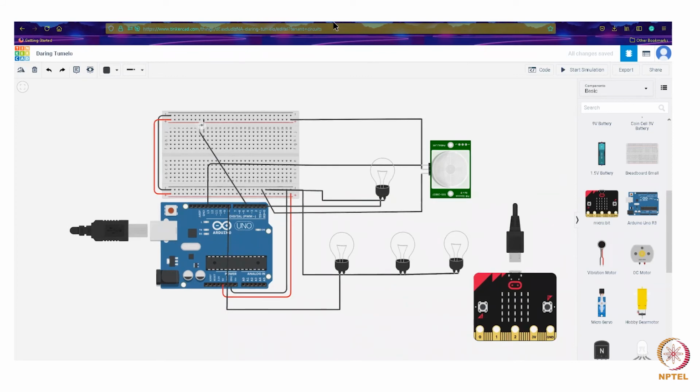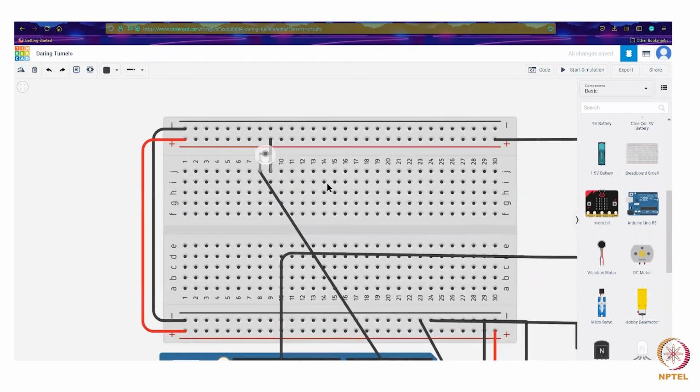Sir, could you please explain the ambient sensor once again? Yeah. I think you should be familiar with a basic transistor. The transistor has three parts: the emitter, base, and the collector. In a general BJT transistor, when you give a certain threshold voltage to the base, depending on the input voltage, it allows the emitter electrons to move to the collector part.